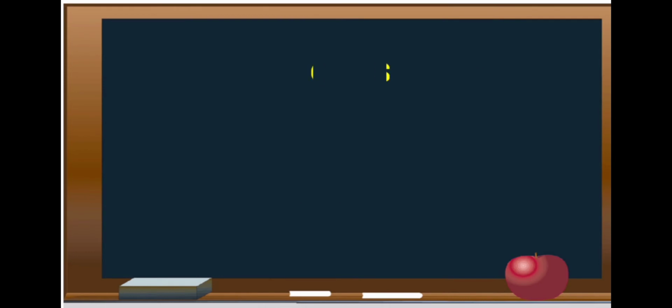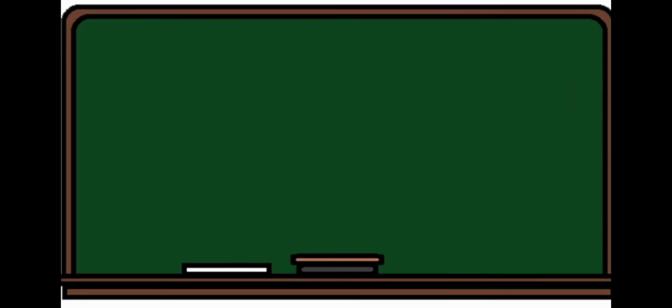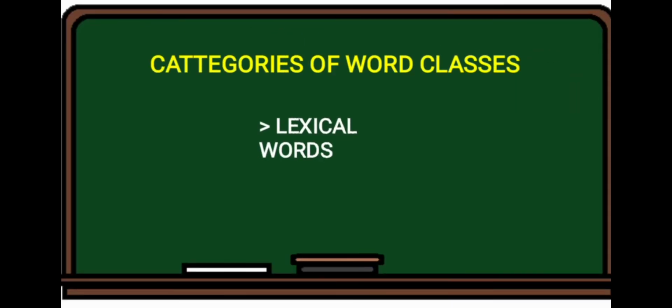So, let's start. Let's define class. According to Halliday, the one who developed the systemic functional linguistics model of language, class is a set of items that are alike in some respect. There are the classes of group, phrase, clause, morpheme, and at the other end of morpheme. So we have here the two major families of word classes, namely the lexical words and functional words. Let us define first the lexical words